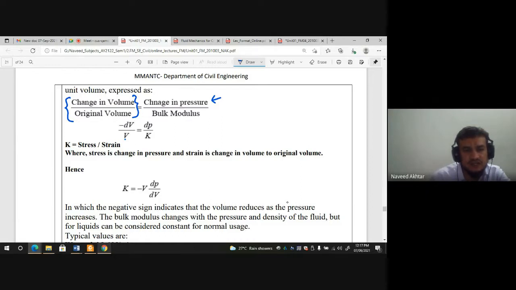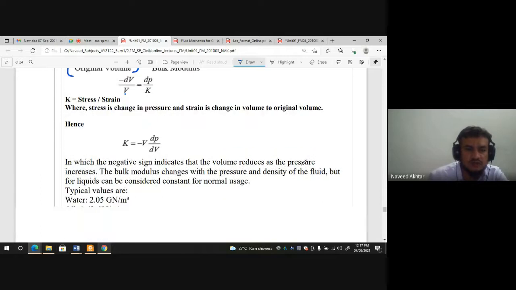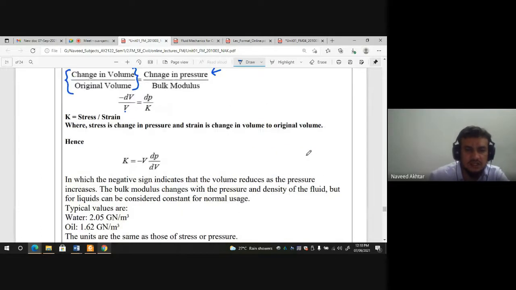Why the negative sign here? The negative sign is due to the fact that when we apply pressure on a liquid or gas, the volume is generally decreasing. Volume is decreasing, that's why there is a negative sign. Okay, so if you write down the bulk modulus of elasticity of your fluid,